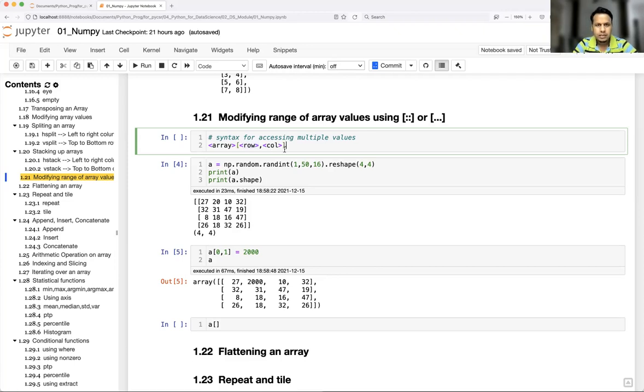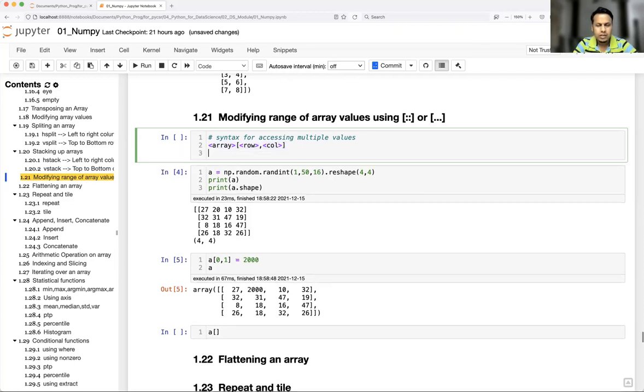So to access a list or range of values, all those methods will be applied here. Okay, so you will have start, then end, then step size. So all rules remain the same, whatever we have seen in the list. Okay, similarly for the column also. So we'll follow the same rule and let's do the modification.